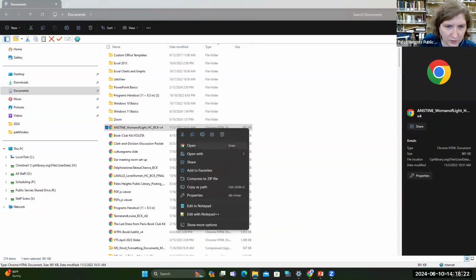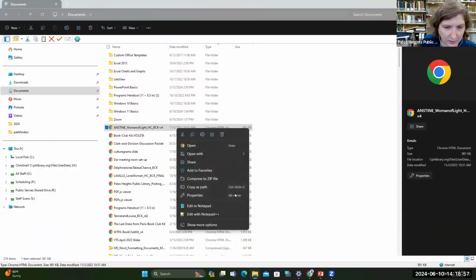This is open, and this will tell me that it's going to open with Chrome by the icon to the left of it. Otherwise, if I go here, I can open with other different browsers or apps. Here again is share, add to my favorites, compress to a zip file, which allows you to make the file size smaller.